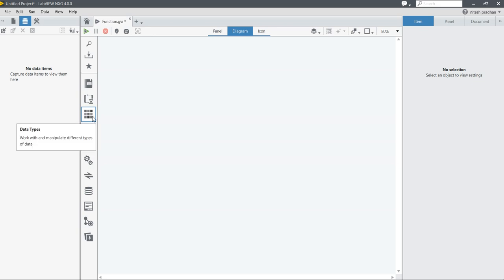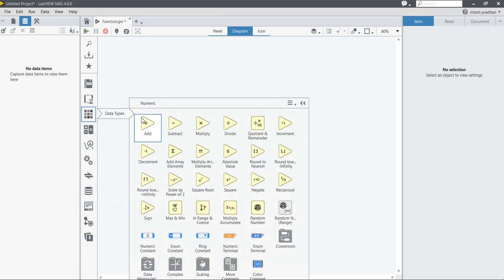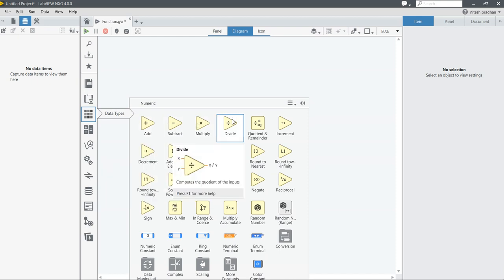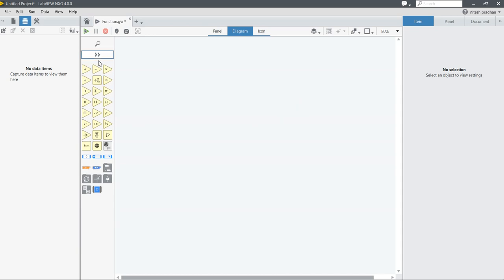Now right click here, come into data type, and there is numeric. So come into the numeric data type. Let's see what is present here. Wow, add, subtract, multiply, divide, quotient, increment and decrement are present here. Can I pin these things? Yes, I can pin.